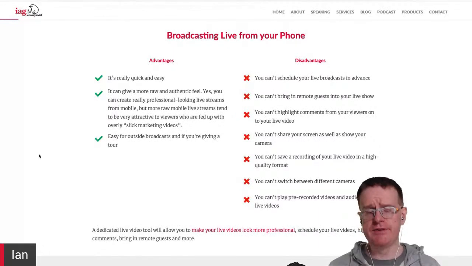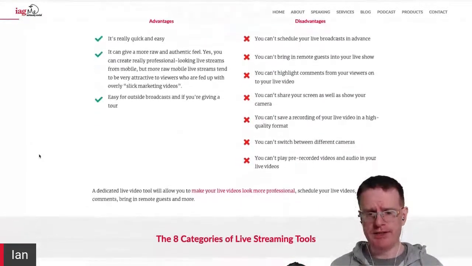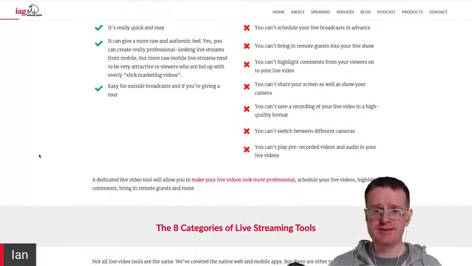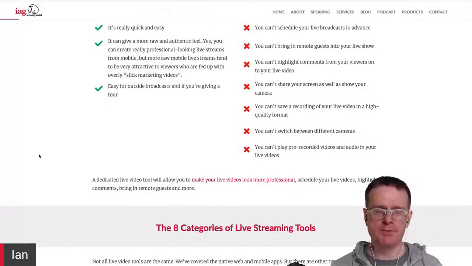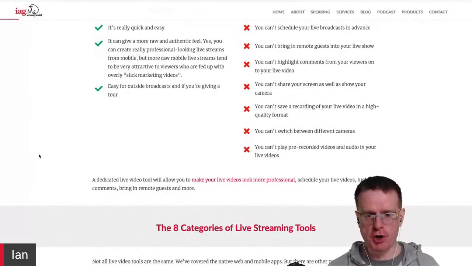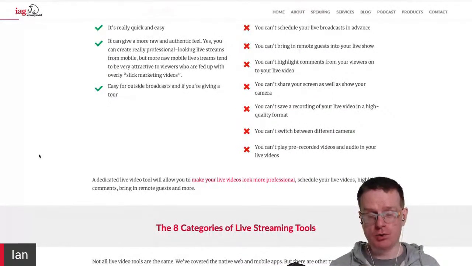You can't save a recording of your live video in a high quality format. So you can download it from YouTube or Facebook afterwards, but the quality doesn't tend to be as good as when you save it from a live video streaming tool, like a third-party app that we're going to be talking about in another show. You can't switch between different cameras, and you can't play pre-recorded videos or audio into your